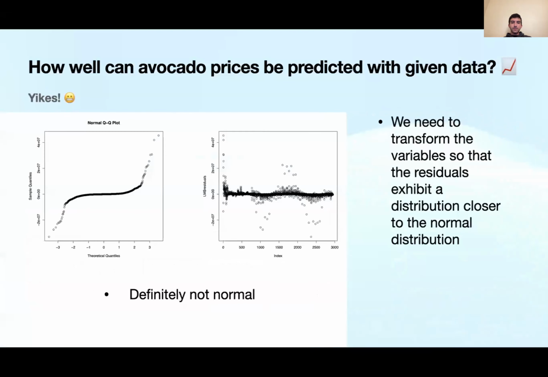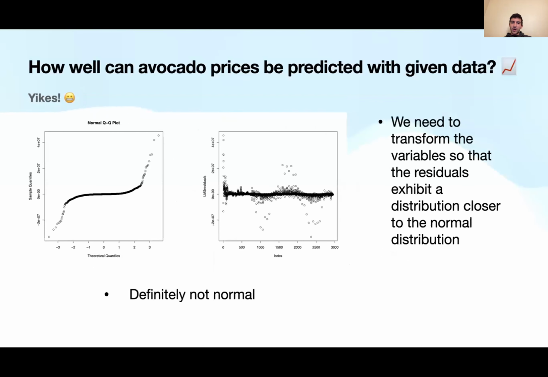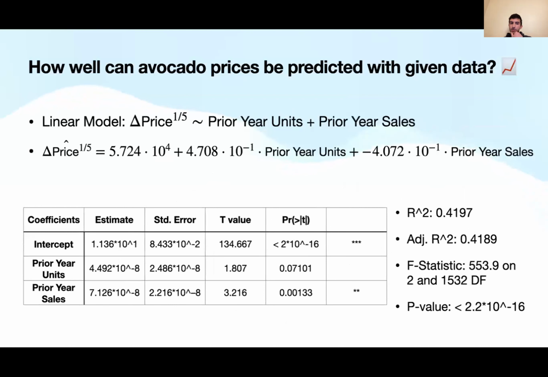But I noticed that when I was looking at the residuals, their distribution wasn't normal, so I decided to transform the variables, or more specifically the response variable, to get something that looks more normal. So I decided to take the fifth root of the change in price, and the resulting residuals of this new linear model have a more straight and normal QQ plot, which would indicate more normality than our previous model. And with that, we got very similar